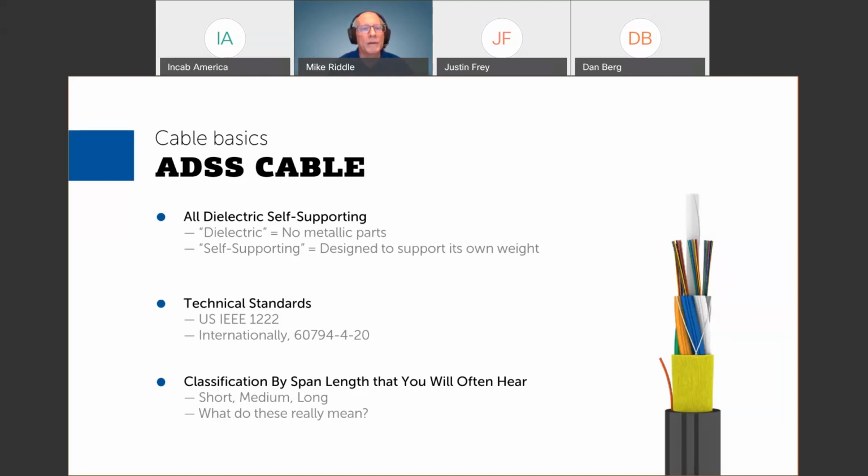It'll just break. So again, the key takeaways: it's dielectric, no metal in it, and it's self-supporting. It's designed to support its own weight. The standards here in the United States are the IEEE 1222 standard, and internationally there's IEC,